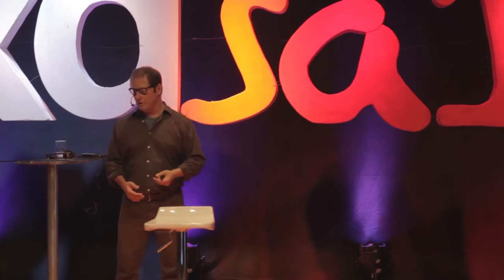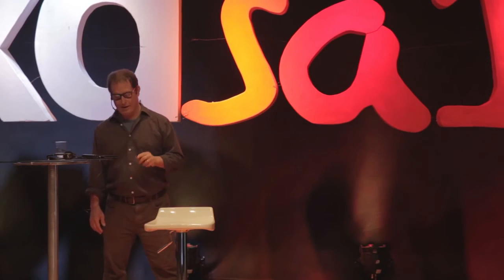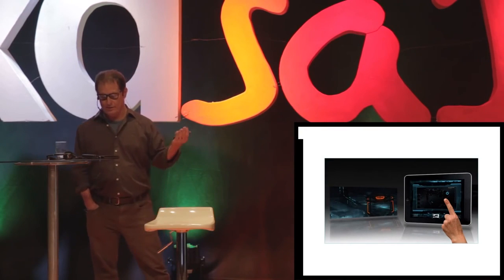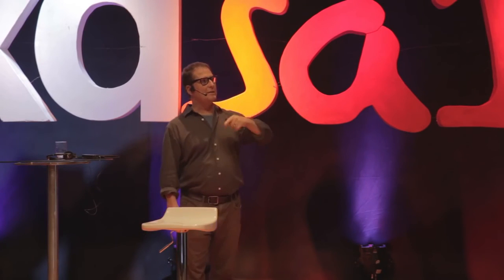And hey, wouldn't it be cool if we could do things with both of those? I don't know if that's true. I think there's some truth to it. But they're putting some energy behind it, and this is one of the things that came out of that that I think is most interesting. This is the Tron Legacy Blu-ray, which has a companion app, and you run the app on your iPad or your iPhone, and what it does is it listens to the soundtrack, because they couldn't figure out a better way to make the networks communicate, so they just have it listen. So it listens to the soundtrack, and it synchronizes what's on the tablet with what's going on screen.